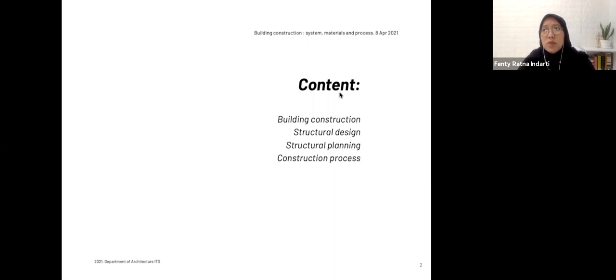Commonly in practice, a student will tend to design their building first and then think about the structure later on. But during practice, I believe that you need to integrate those skills, whether you are designing for your architectural expression, but also you have to consider the structure directly with those considerations. So this integration makes you not feel